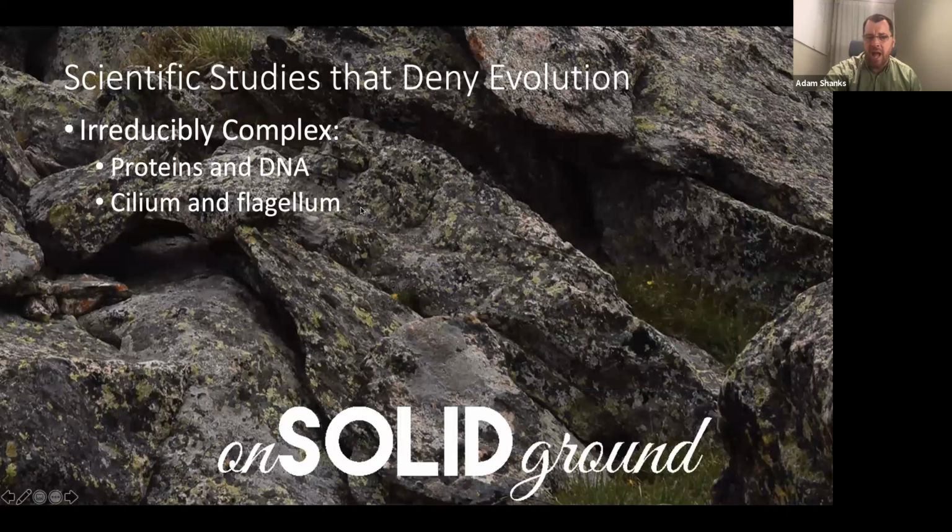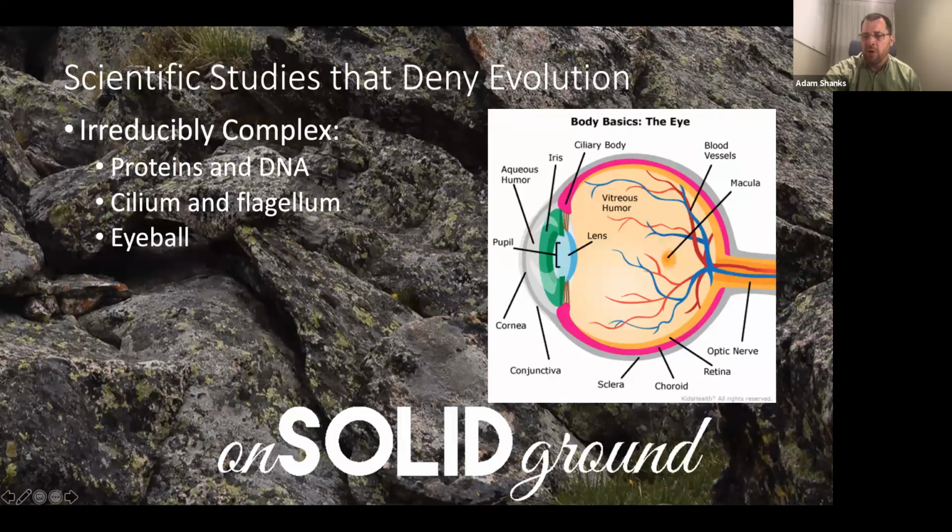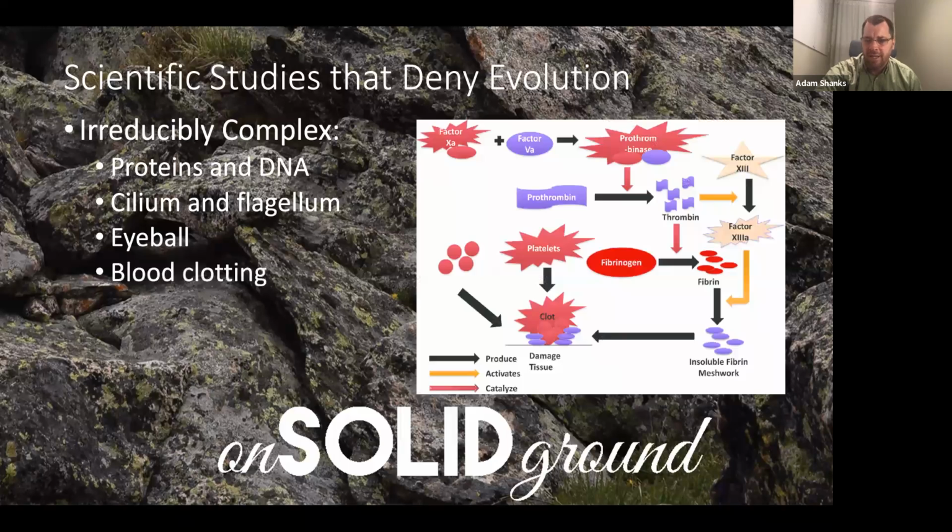Same thing with the eyeball. Any of y'all wearing glasses right now realize how true this is, right? I mean, we know that the eyeball can so easily go wonky, and that's because with the eyeball, every single piece is necessary, and if you don't have the pieces there, it doesn't work. Blood clotting the same way, and we won't dig into all of that again since we dug into it in the video.